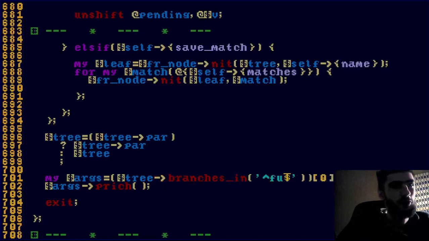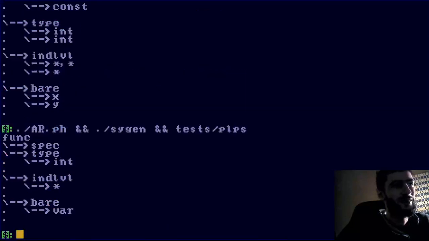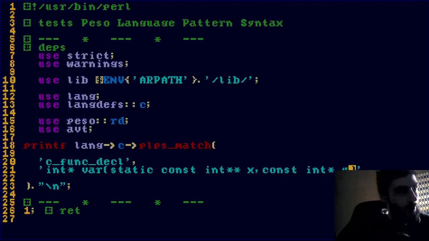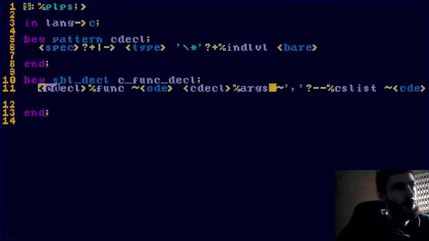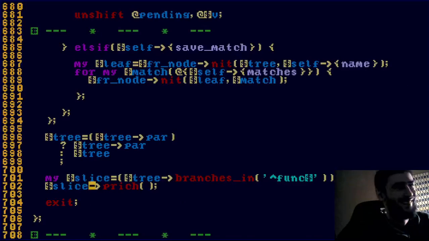So anyhow, we can do the same thing for the function, right? And let's actually change the name, because let's call this slice. Why not? All right, and what do we get? We get the value, the field relating to the function, which is this one right here, which again is just a cdecl, but yeah, it's a cdecl with extra steps, so to speak. Anyhow,